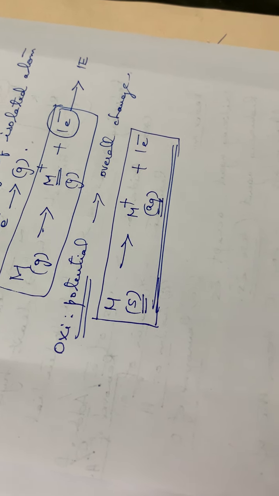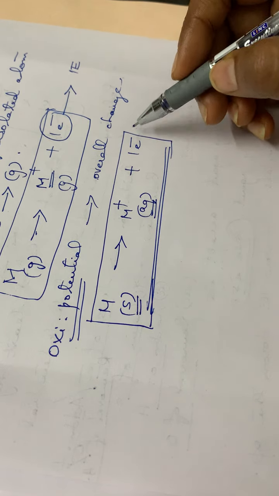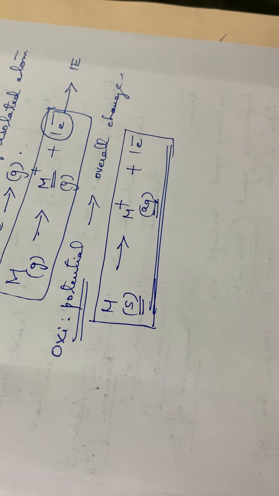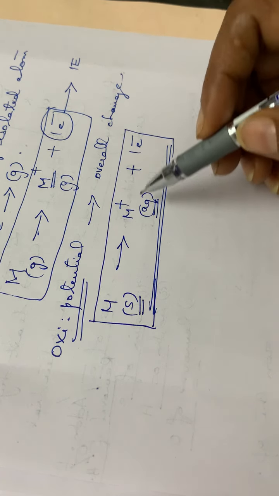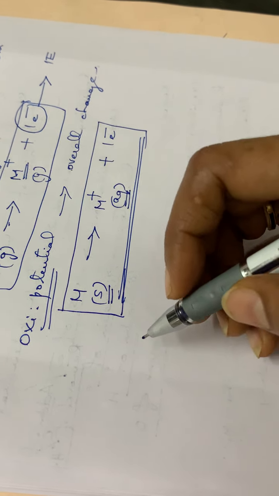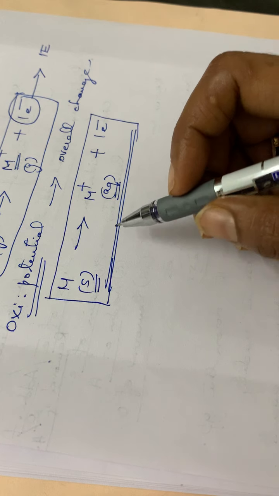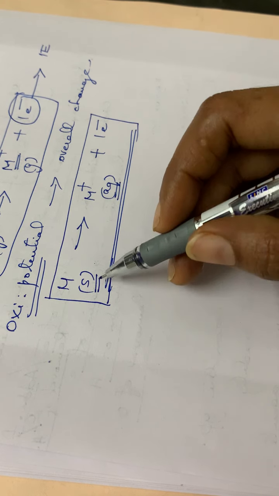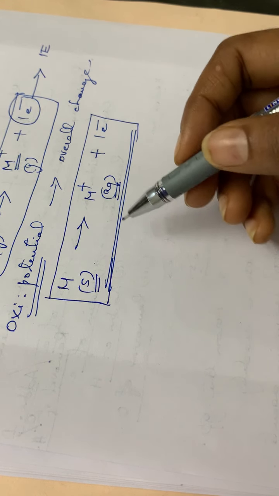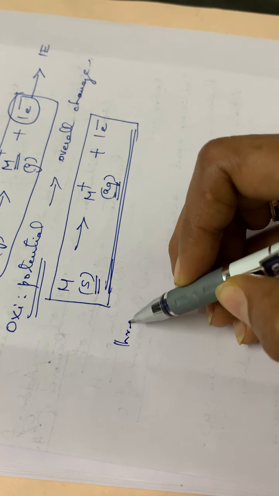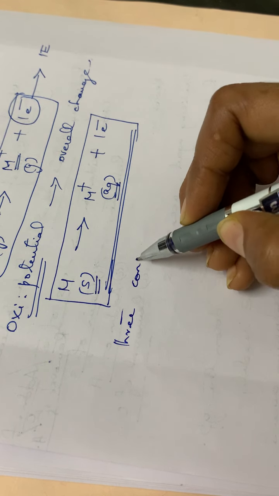So this is the overall change, and this overall change is given by the oxidation potential. So this reaction will be taking place in 3 further steps. That means 3 steps are involved in between this conversion. And the 3 consecutive steps